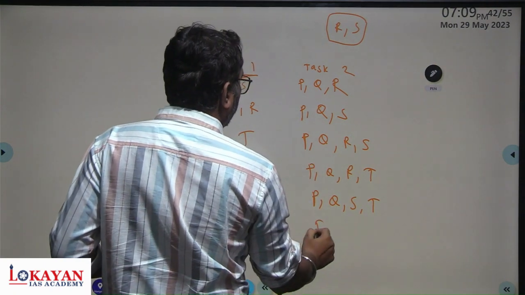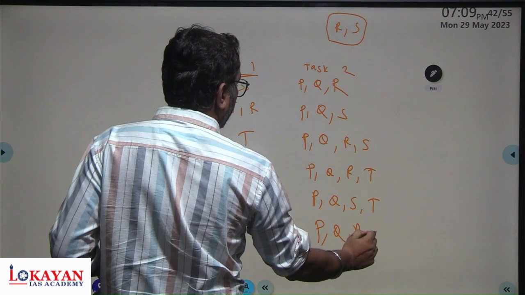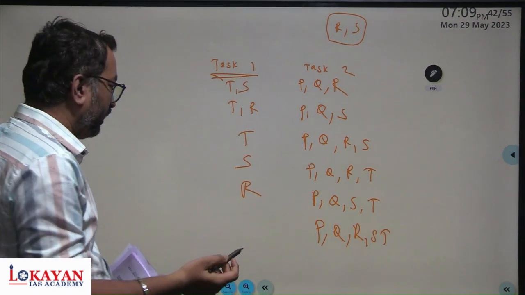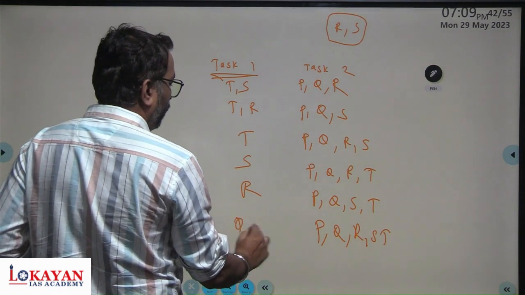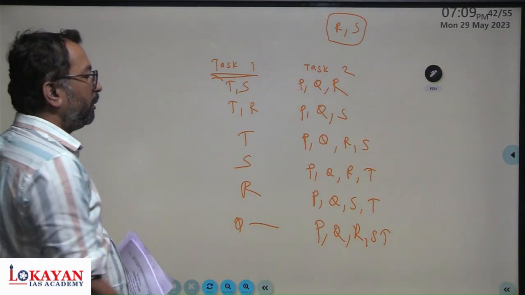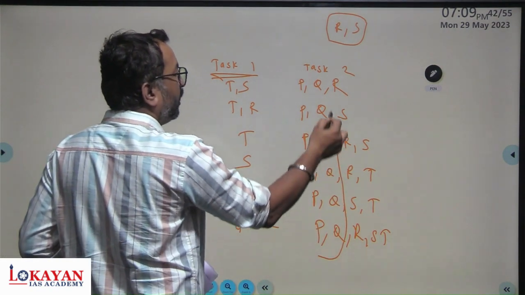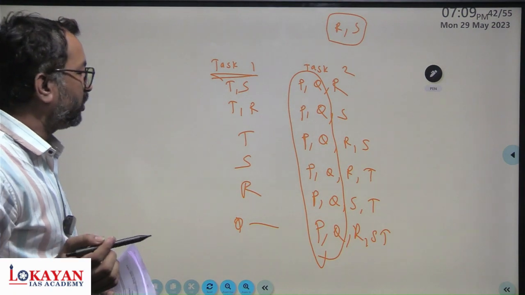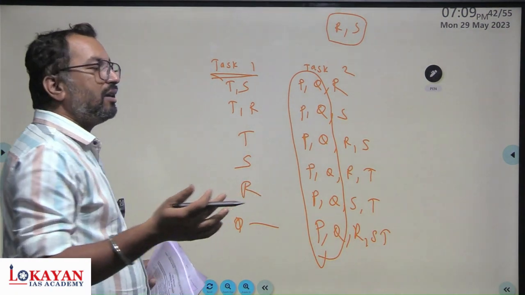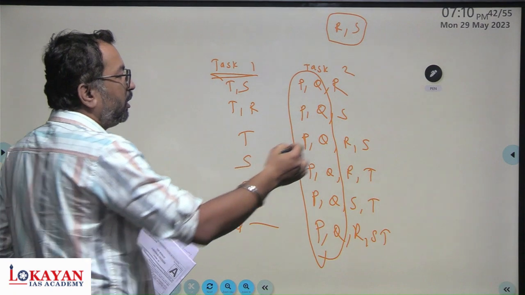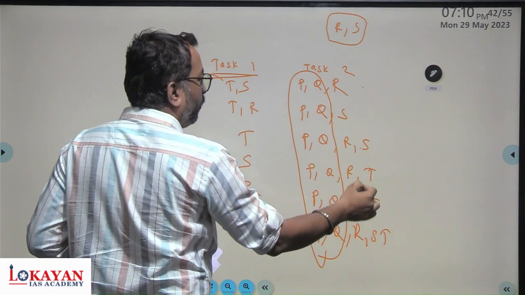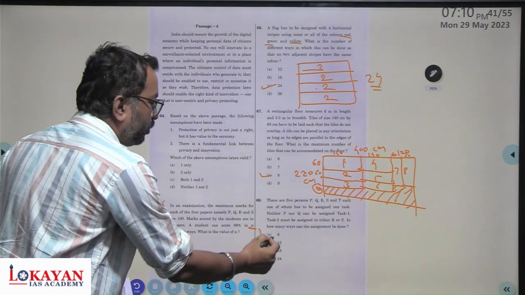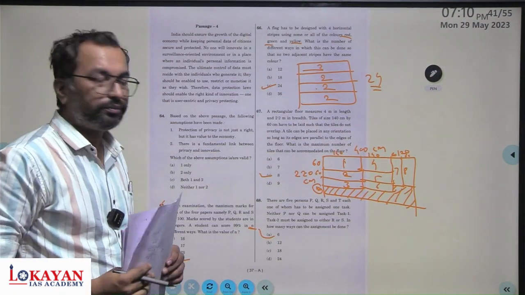और मैं यहाँ पे भी PQRST टास्क 2 पे लगा सकता हूं, क्योंकि उन्होंने कंडीशन दिया ही नहीं कि यहाँ पे कोई भी नहीं होगा। सो PQ तो हमेशा टास्क 2 में ही रहेंगे, RST का पोजीशन चेंज होता रहेगा, दे विल चेंज देयर पोजीशंस और वी कैन shuffle them anyhow. So 1, 2, 3, 4, 5, 6. There will be 6 ways to assign them tasks. This is a tricky question